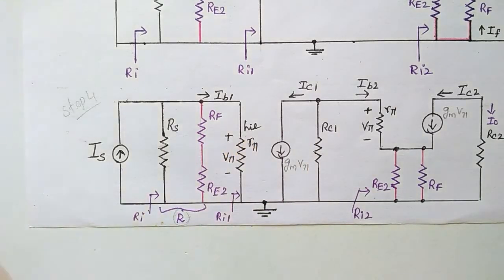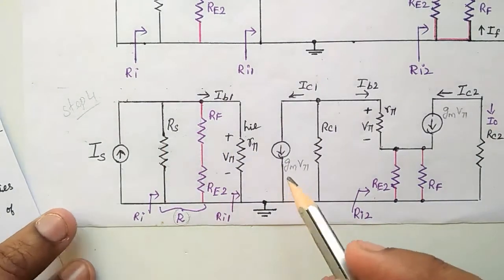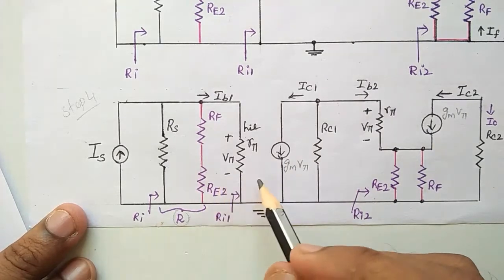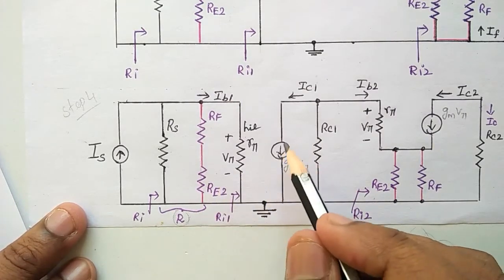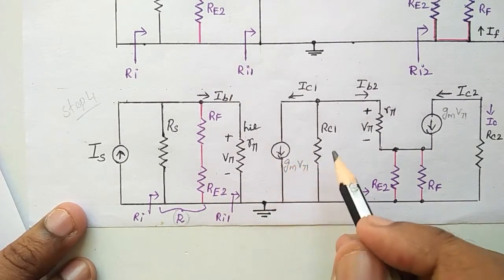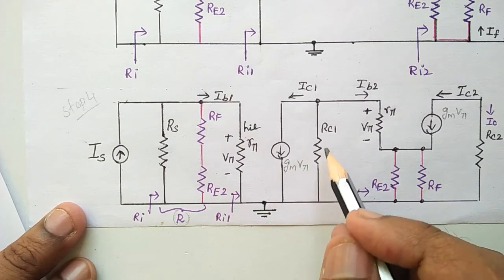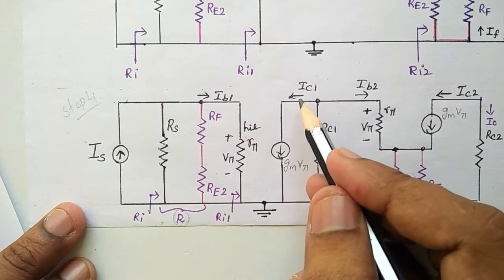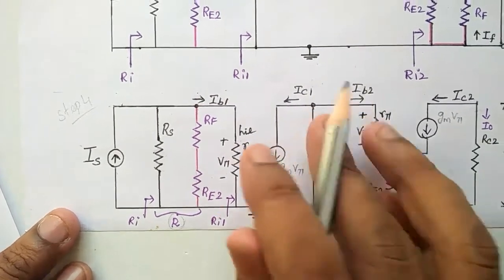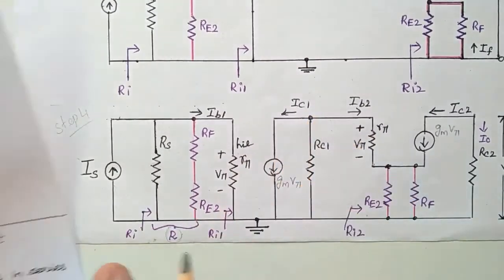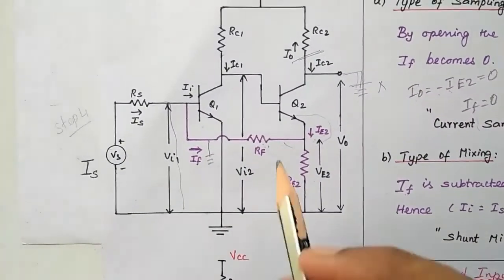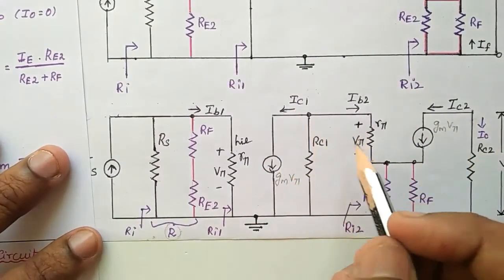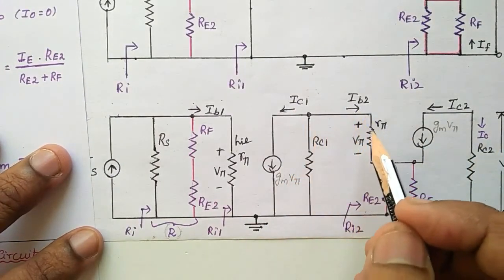We come to the output side. Before that, we have an intermediate thing. Here we are using a two-stage amplifier. So for the first stage, the output is the collector terminal. We have a current generator here. We had a collector resistance RC1 here. The collector current for transistor 1 flows here. So both are connected here. The collector of the first transistor and the base of the second transistor are connected. Hence, we have to make the connection to the base of the second transistor.